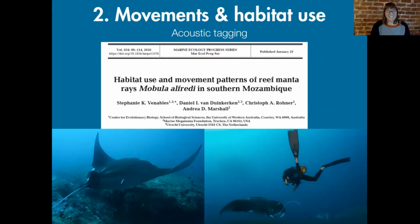The way that this works is through attaching a small tag to the dorsal surface of the manta ray, and you can see that in the bottom left-hand photo there. And on the right, you can see one of my colleagues, Dan, who is attaching a tag to a manta ray. Each of these tags emits a unique sound signal every 30 seconds or so, and that's picked up by underwater hydrophones or acoustic receivers,